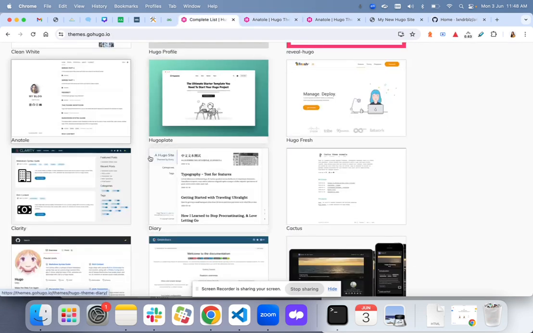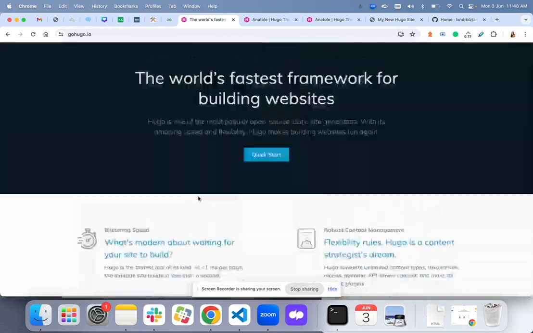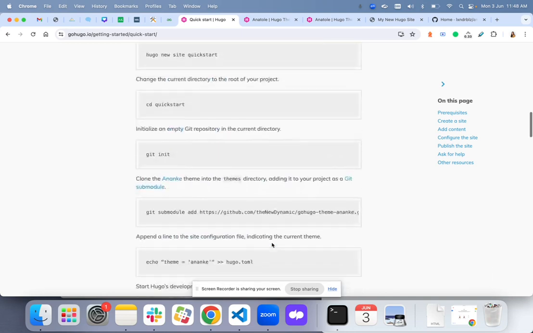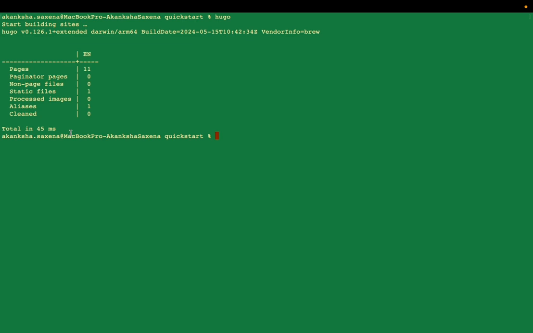Now next I want to talk about publishing. Let's say you are done with creating content on your website and you are satisfied with it, and you want to publish it. I've told you this is a static site generator. You don't want messy things to go on your server. Since these are static pages, you can stop the server, run the simple Hugo command, and this will create static pages.